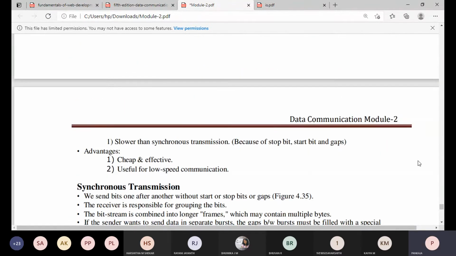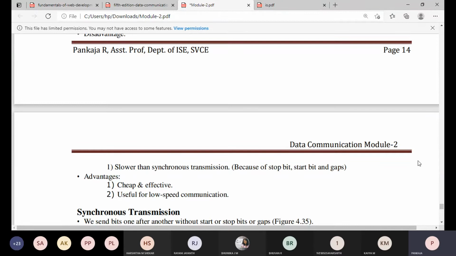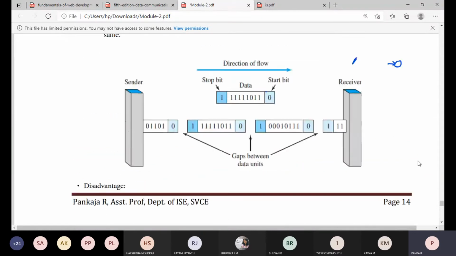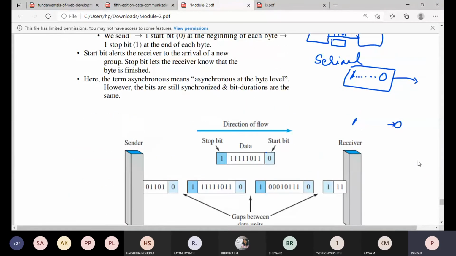So what is the disadvantage here? Obviously it is going to be a disadvantage, and we'll come to know why after discussing. One thing is the processing time: adding those 2 bits after every 8 bits, and extracting the exact data by removing those extra 2 bits. Definitely it will take some amount of time. Due to that, the speed of sending and receiving is going to be slow.